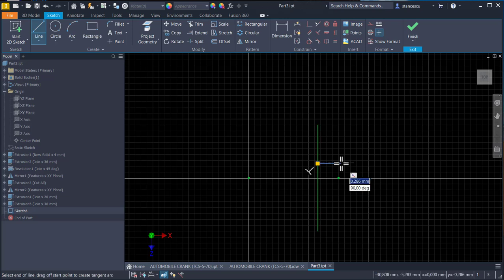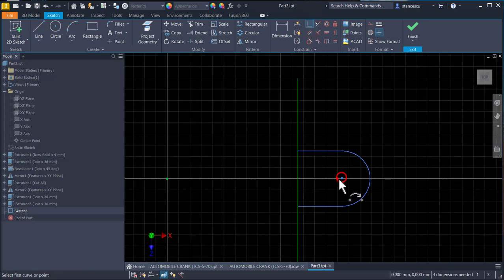I keep pressed the left button and I create an arc. I go back here, I make coincident this point with this point,